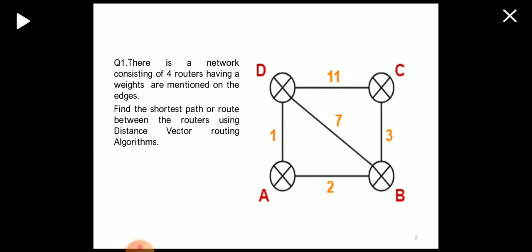First, let me clear the doubt: in the distance vector routing algorithm, each router considers the minimum distance between two routers, and each router shares its routing table with only its nearby neighbors. A router that is beyond the neighbors, or not directly connected, is considered to have infinity weight.